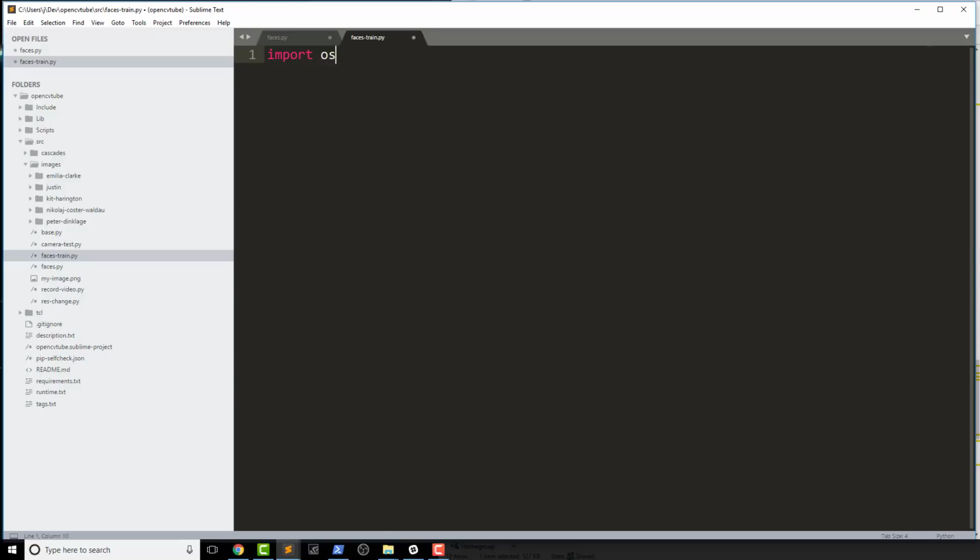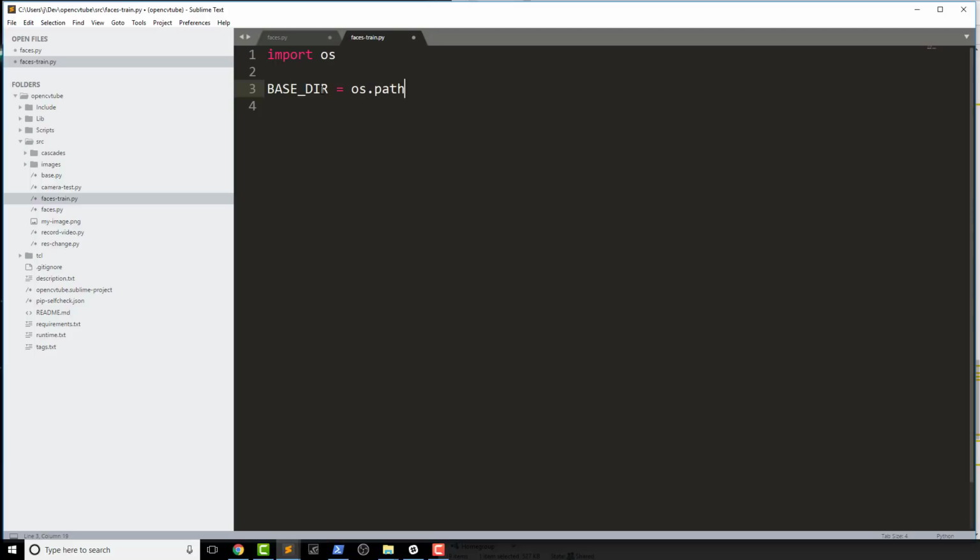So that means that I'm going to have to import os, and I'm just going to be opening my image directory. So this image directory here is right there. If you're already familiar with this method, you could probably skip this portion, but for those of you who aren't, what I'm doing is I'm going to be literally walking through the directory, looking for either PNG files or JPEG files, and then adding them to some sort of list that I'll end up training. Okay, so we're going to go ahead and say base dir equals